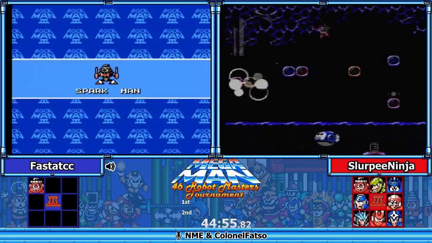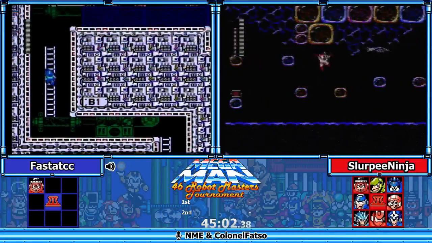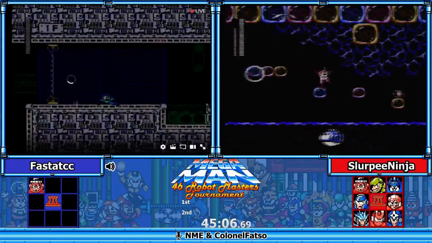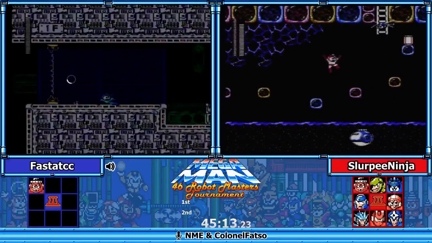He's going over the blocks with extra lag from music, so that's a little bit interesting. That usually turns out poorly. Do you think it's just a smart strategy, after the music comes back, to just go Rush Marine at that point? Yeah, at that point you're not even losing a weapon swap for it, so...